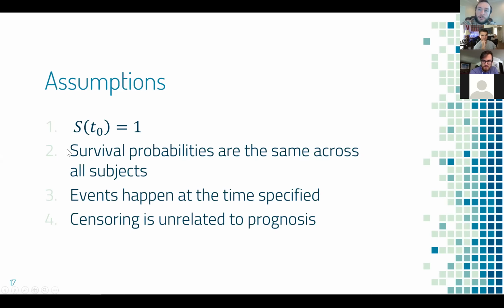Okay, and number 2 here is probably the most important. So survival probabilities are the same across all subjects. So if for some reason, and if you're ever in the future wanting to do a study design and you have reason to think that this is not the case, then Kaplan-Meier would not be an appropriate methodology to use. So this is sort of a simplifying assumption that the model makes, but it's important to first verify